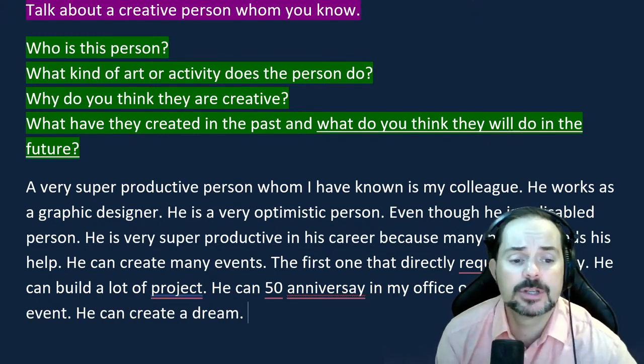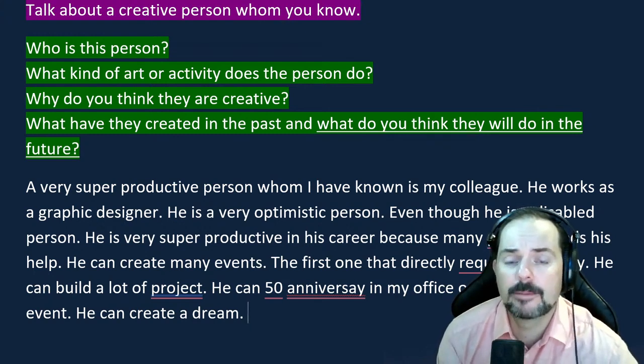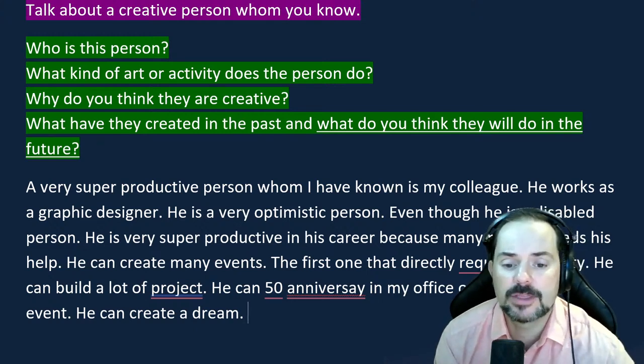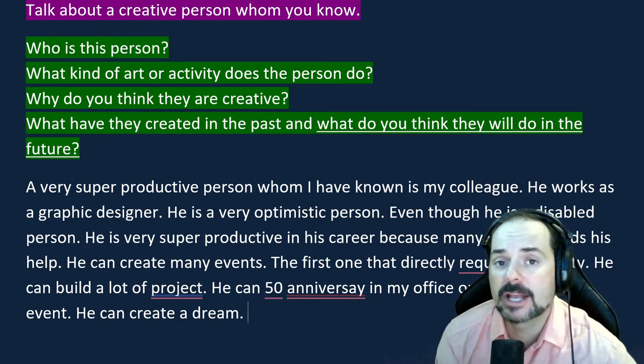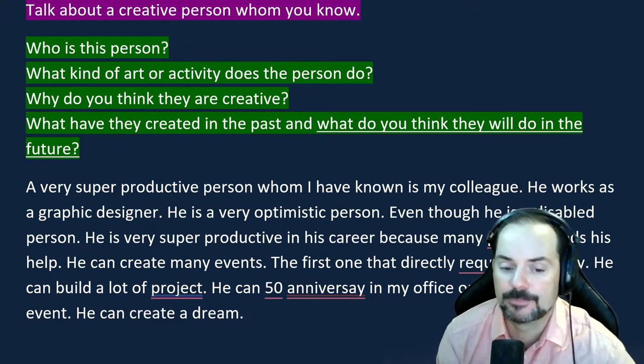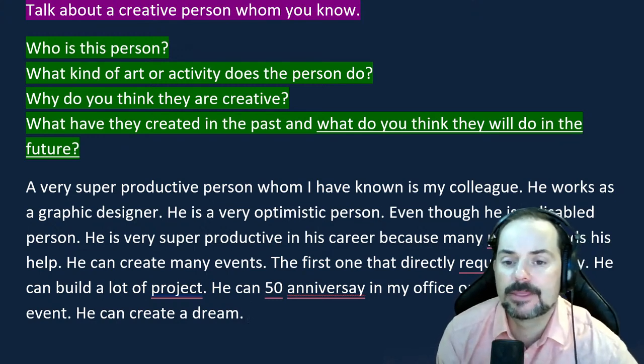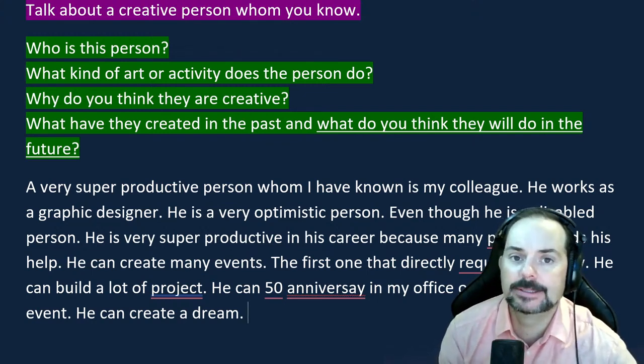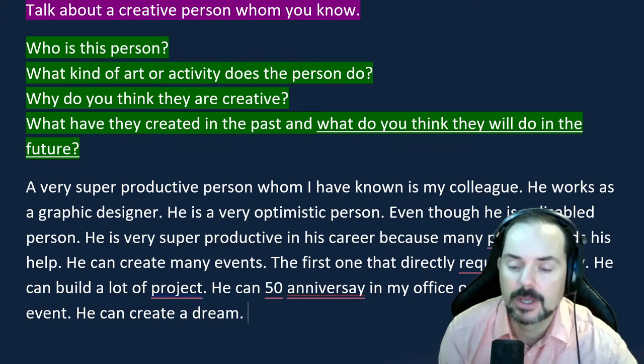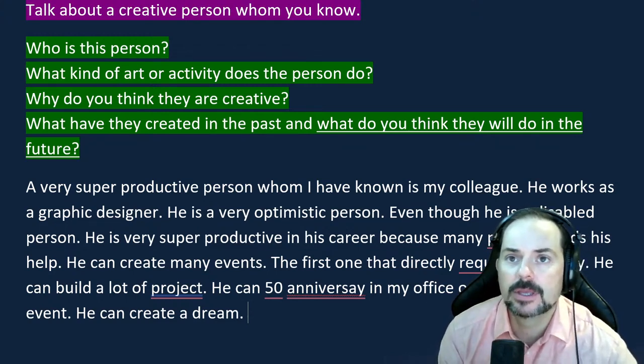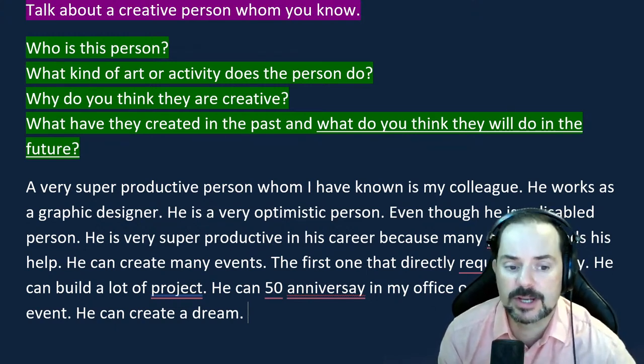All right, Sunantha, great effort, and you've got some good ideas. However, you need to put them together a little bit better, a little bit more accurately, with more detail. Okay, so this response would get you about a band 5 on the IELTS, mostly because I'm not hearing a clear answer to the question.